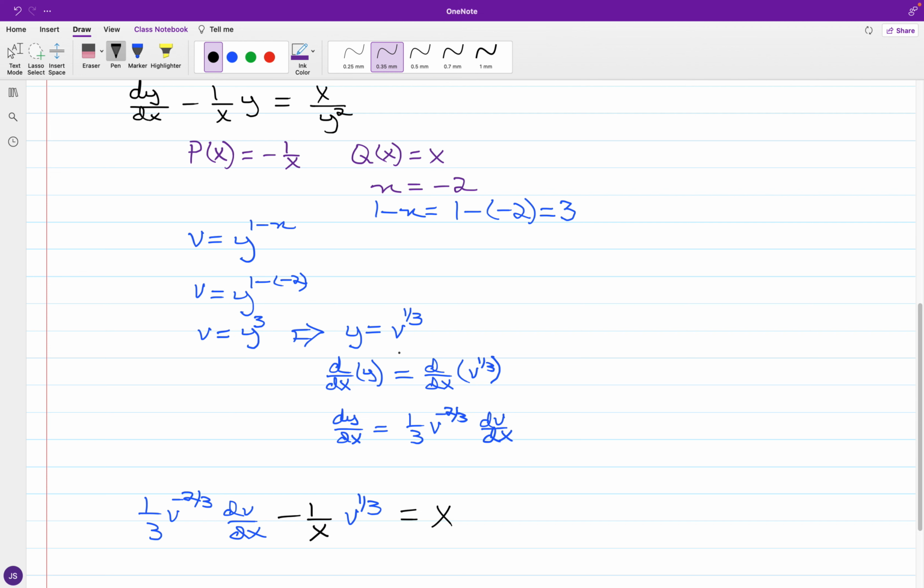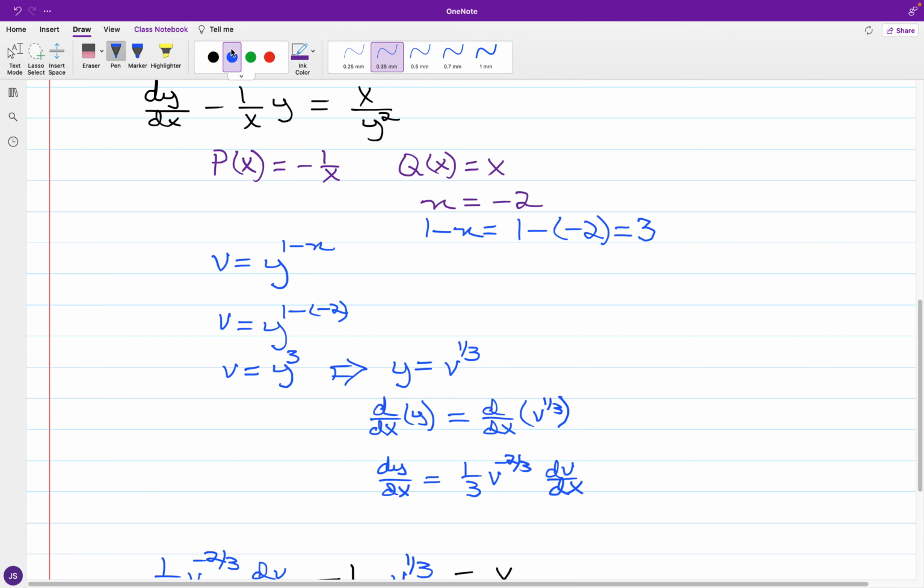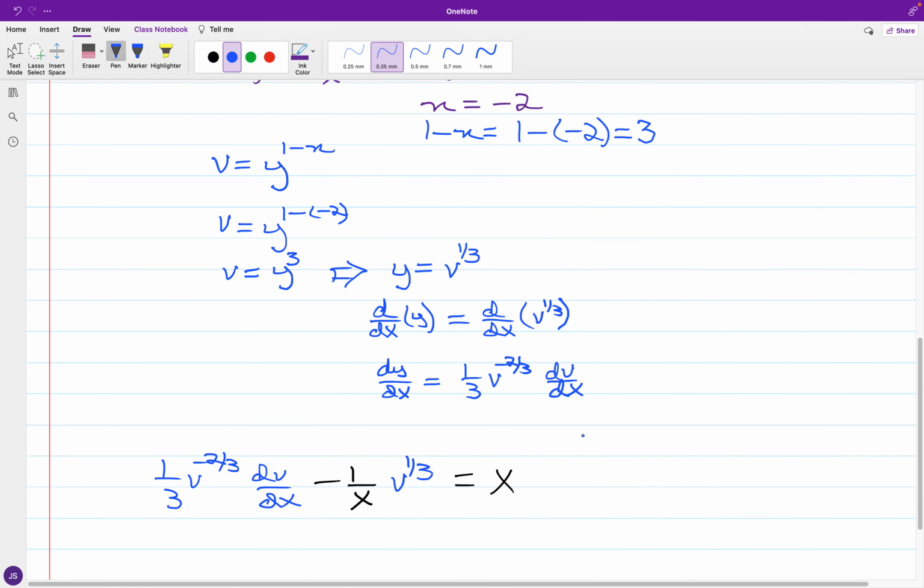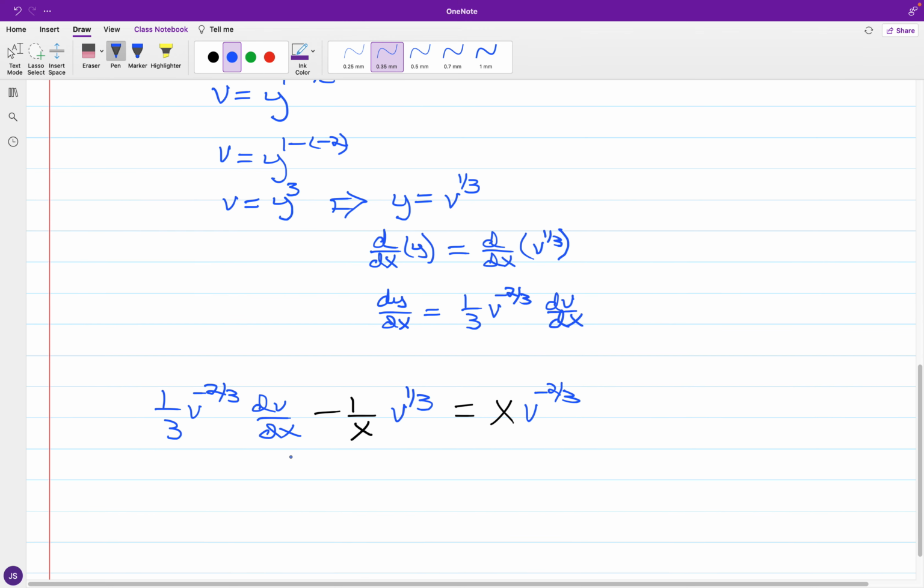Well, y squared would be v to the 2/3, and since I have the reciprocal of this, that is going to be x times v to the negative 2/3. And I want to write the derivative term as only dv